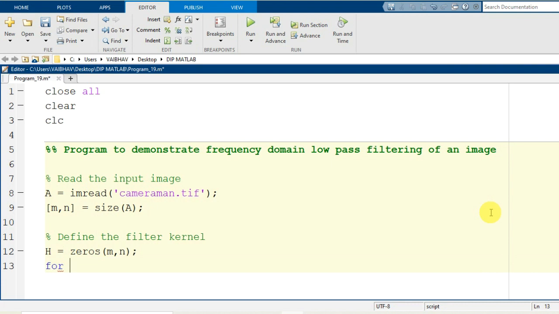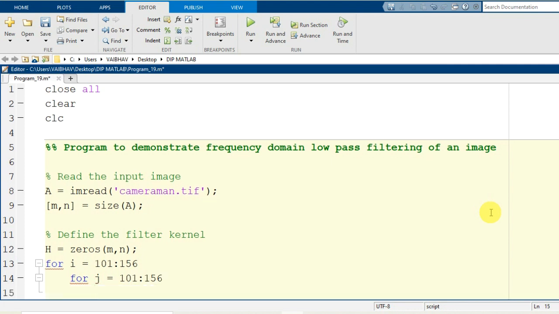Now with the help of a nested for loop I am going to formalize this for applying onto the input image. So let us have the for loop with the variable i that will iterate from 101 to 156, whereas another for loop I will nest here that will run with the variable j extending from 101 to 156. While I showed you the variable A, the image information of cameraman.tif, the dimensions of the image are 256 by 256.